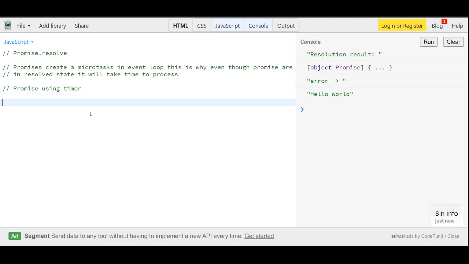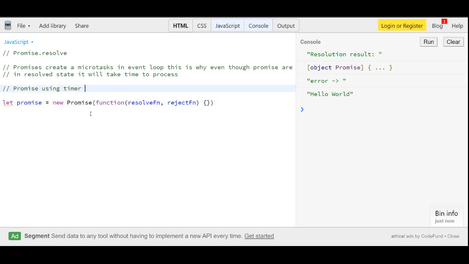So let's say I'm creating let p = new Promise, and then a function, with a resolve function or reject function. Please don't be confused.